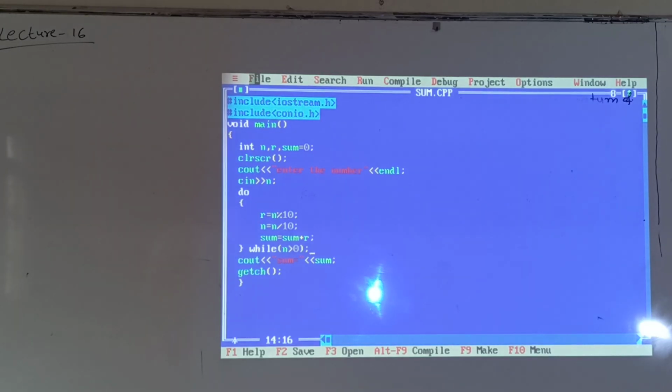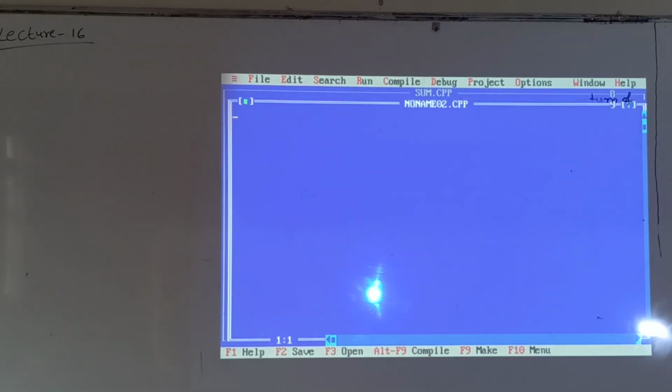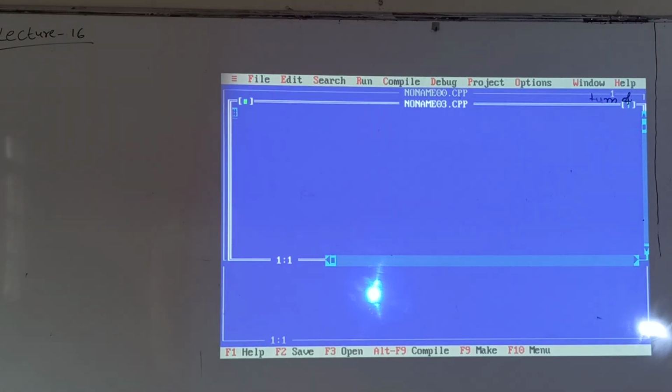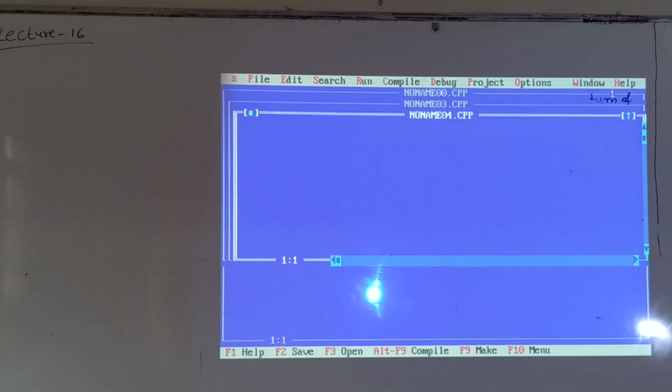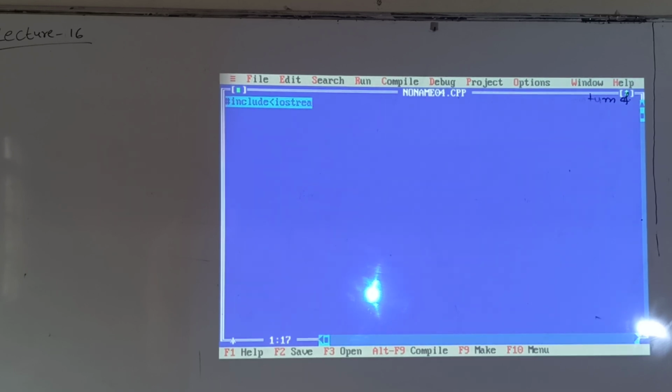Next, I can execute another program. Hash include iostream dot h, hash include conio dot h.